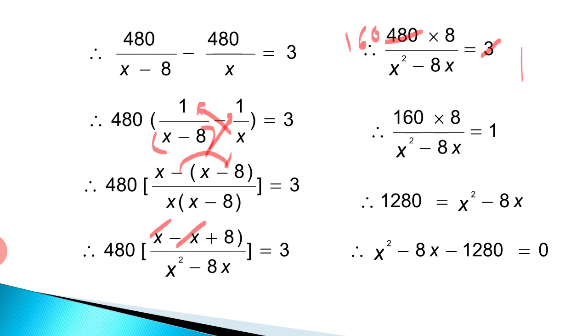Now, the speed problems. These are very important problems. Is it okay? You should understand them thoroughly, and you should be able to frame the equations. Once you frame the equations, then comes the solving part, and you will get the value of the variable, that will be the required speed of the train. So solving the equations we will see in the next video.